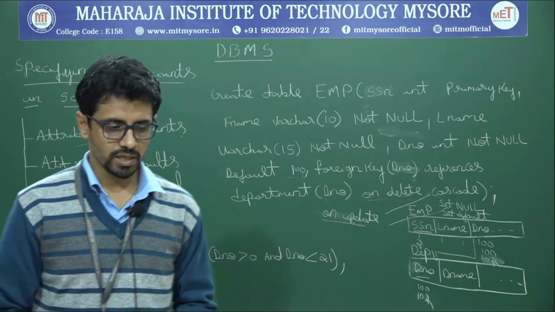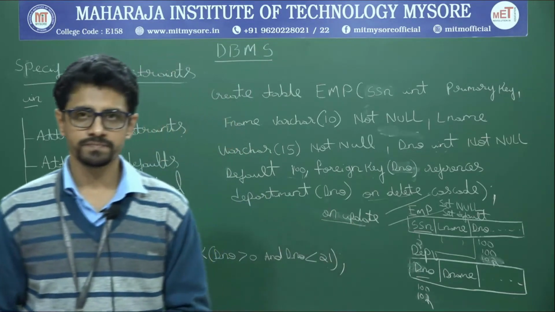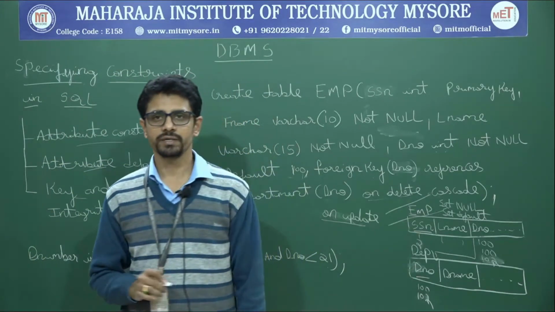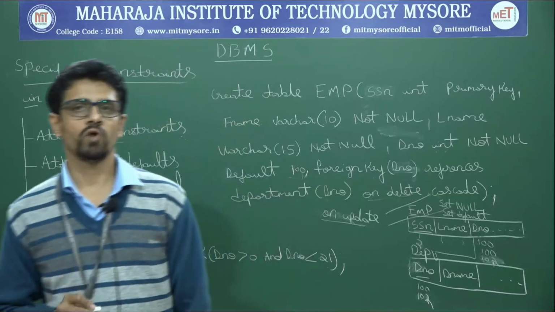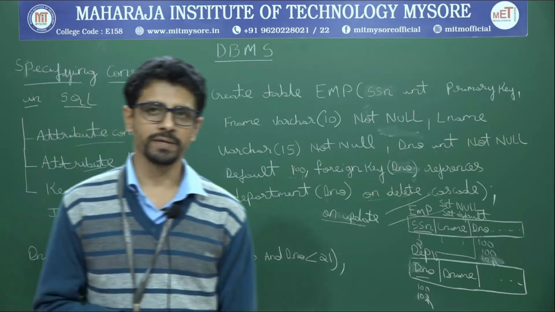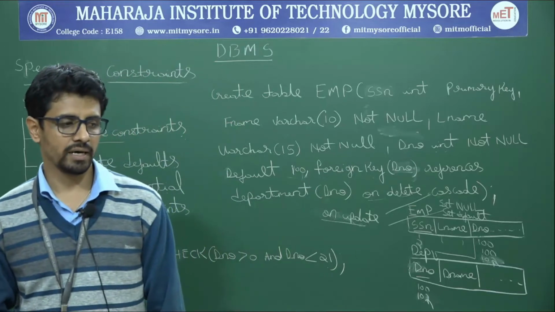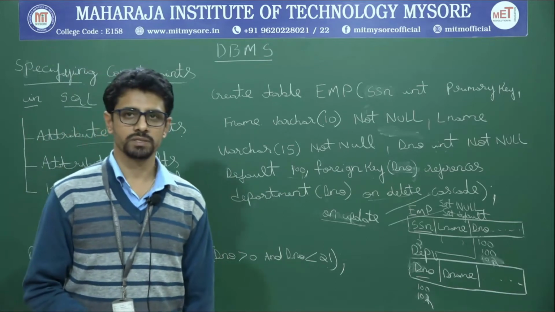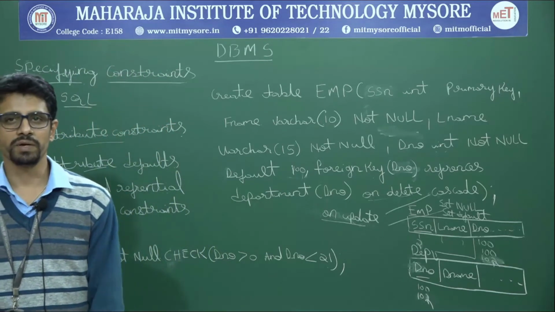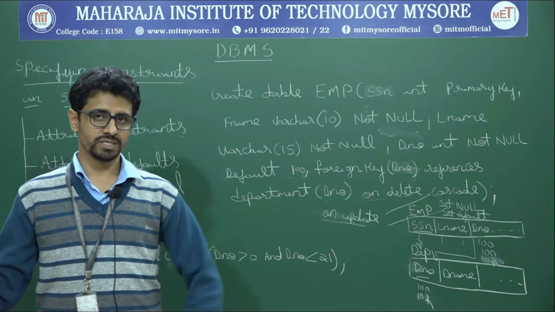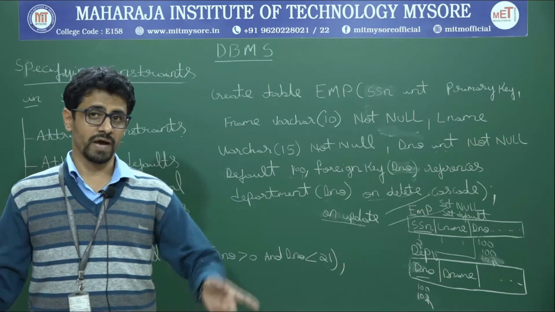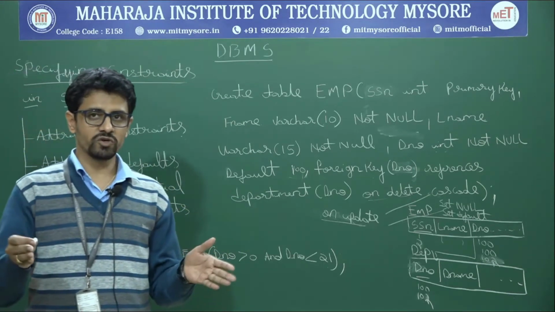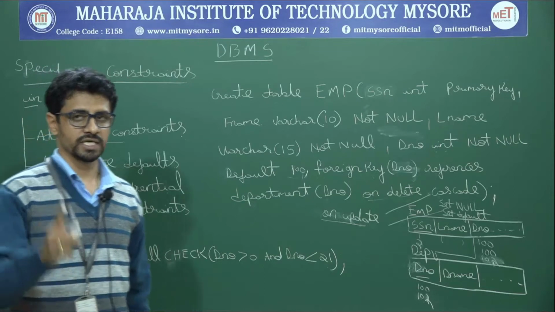Say for example, in the department table, while creating this department table, I want to restrict that the department number you insert should be only between 1 to 20. Say in the case of an organization there are only 20 departments, not more than that. If a user is inserting department number 21, it should not be accepted. If you want to restrict the kind of values to be inserted, you have domains, but within the range of values, you need to use one more constraint called the check constraint.